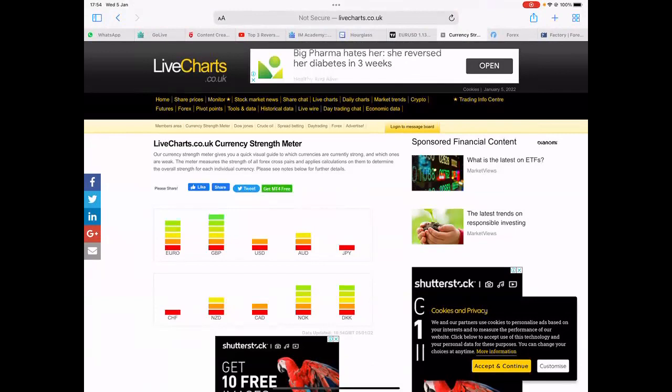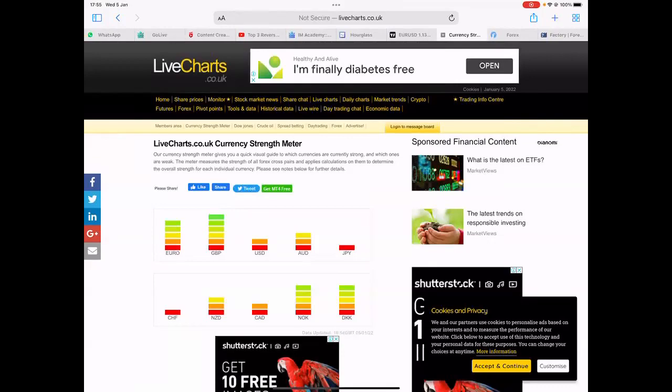Check it. The currency pairs you are trading must be at least 2 bars away from each other. So if one is on 1, the other one must be on 4. There should be 2 and 3 as the interval. So if I'm going to trade at all, I'm going to trade Euro USD because one is on 2, the other is on 5, or GBP USD. Please write that down.